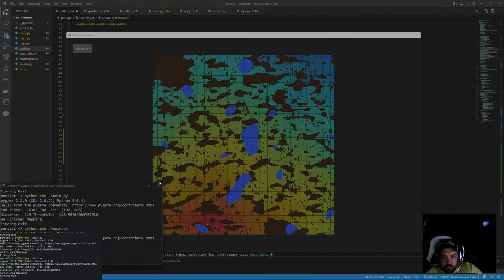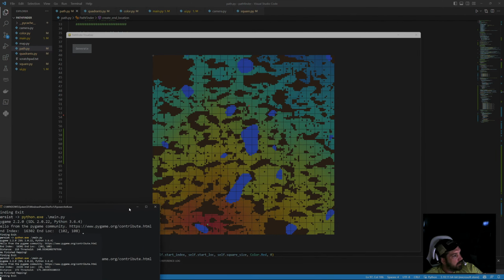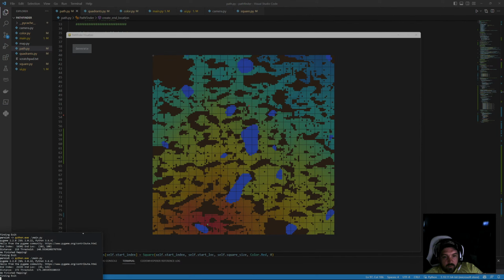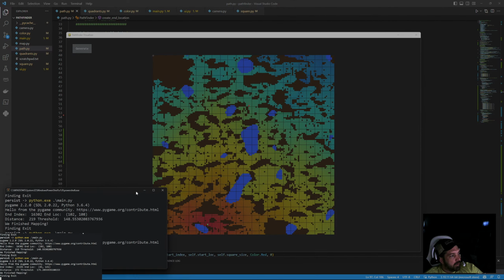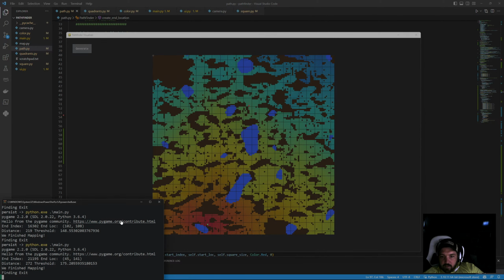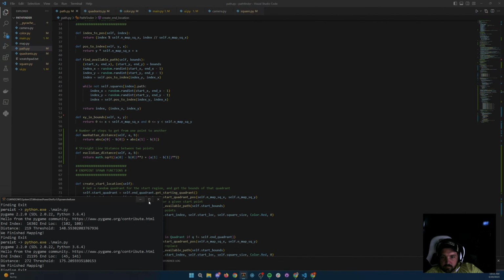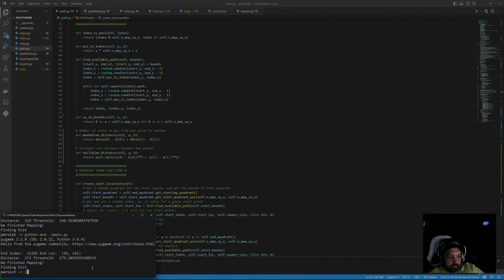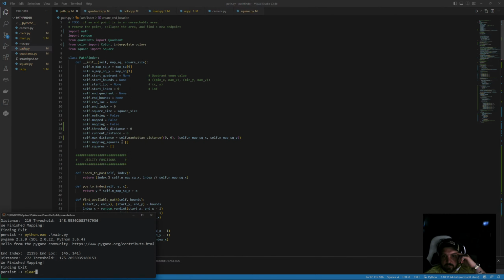Look on the screen, because I'll probably... I know I've got this here twice. Let's hide this for now. That way this opens on the correct screen. And so yeah, now you can see that our new threshold distance with the correct equation is actually at a reasonable number. And we can actually